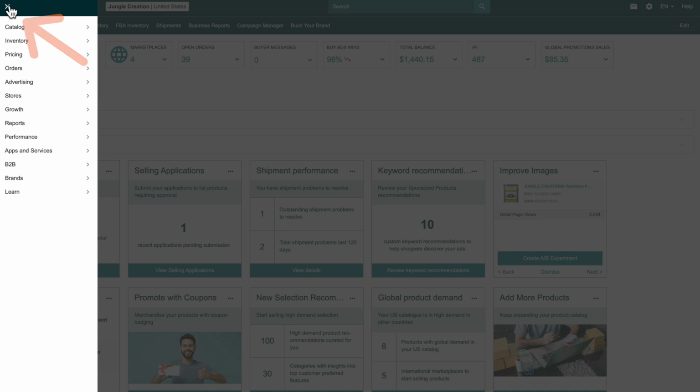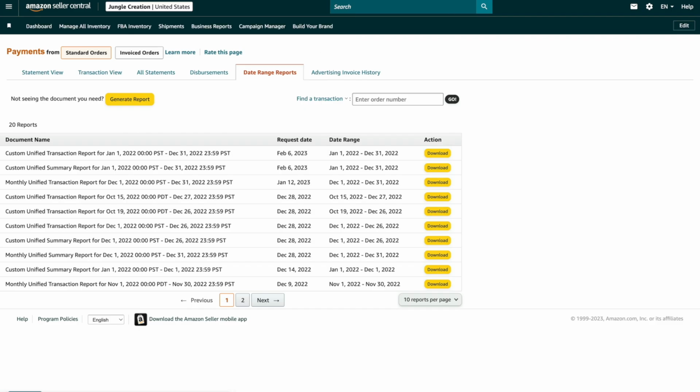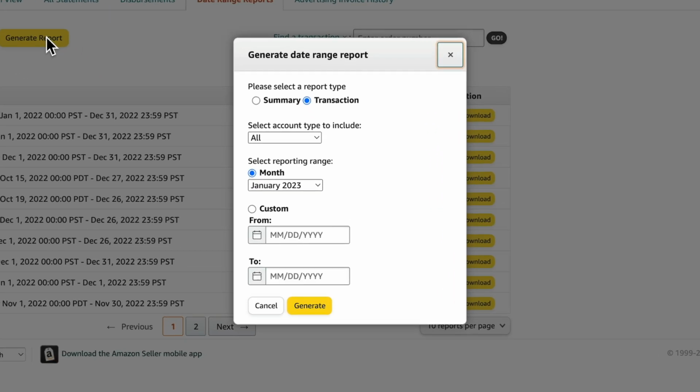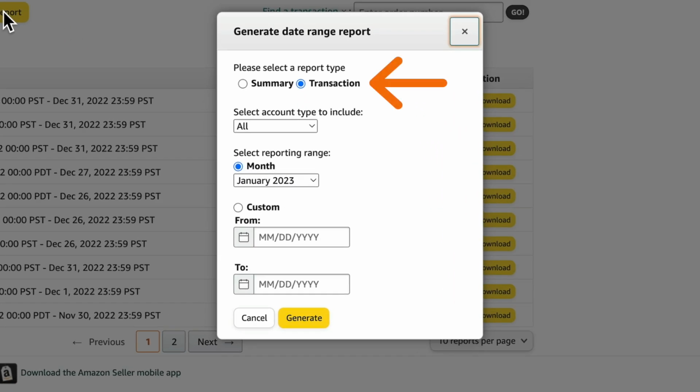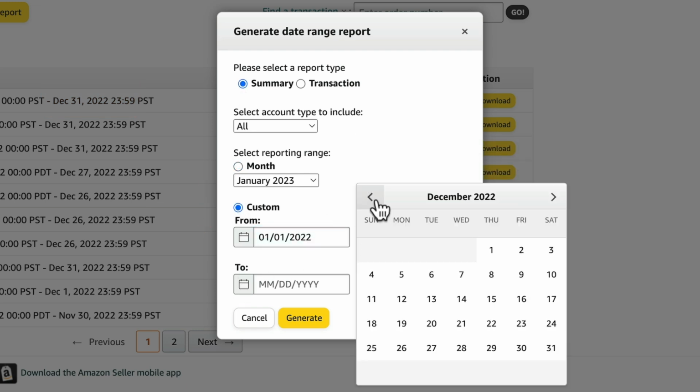To find it, head over to Reports and then click on Payments. Go to the date range reports and then click generate report. Now from here, you can either download a transaction report, which is a CSV file, or you can download a summary report, which comes in a much cleaner PDF file. Now just make sure you select a custom date range for the entire calendar year that you're reporting on